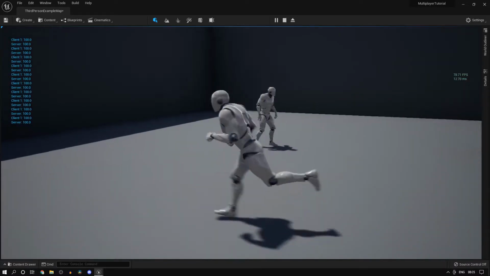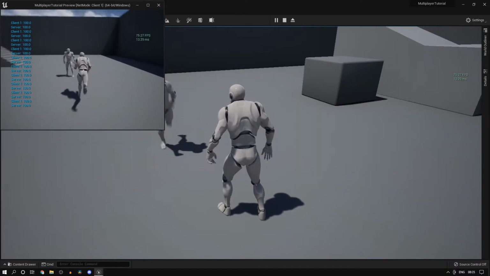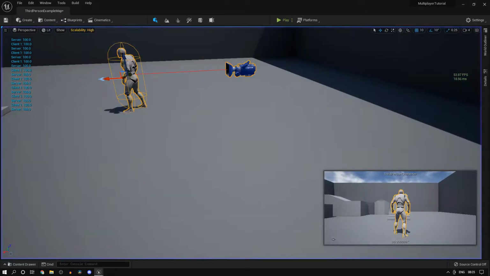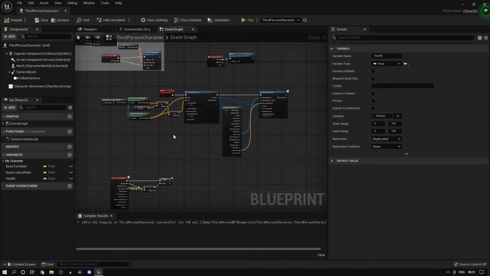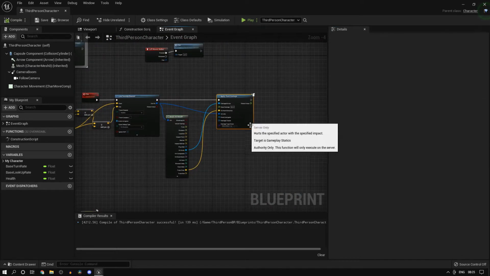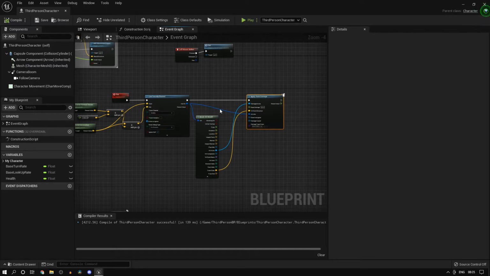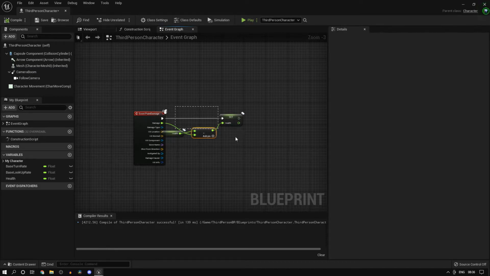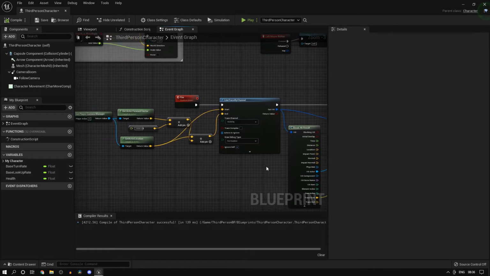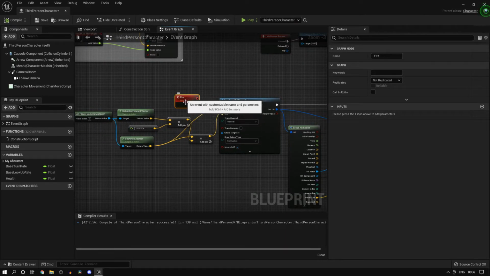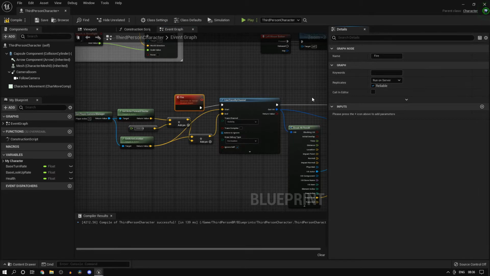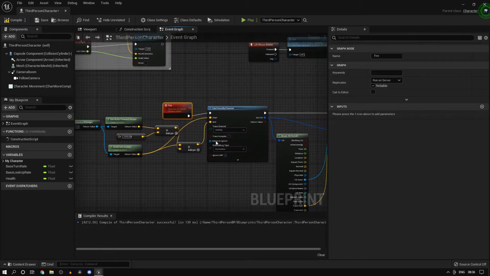Whatever's happening here is fine on the server, but let's say I make the client fire, you see nothing really happens. The reason is that we are firing this trace and applying the damage on the client, which is wrong. So the main reason is that we need to set this health variable on the server. So what we can do is have this as run on server. We will talk about remote procedural calls later in the series, make this reliable.